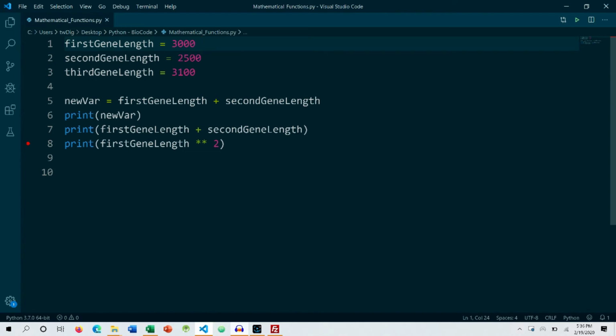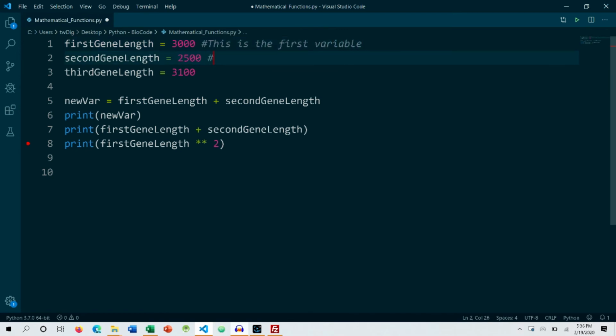Okay, so how do we do that next to the code as well, because this is Python code and will have to be interpreted by the interpreter. How do we write comments now? If we want to tell about the first gene length, how do we say it? We just write the number symbol, then we can write, this is the first variable,